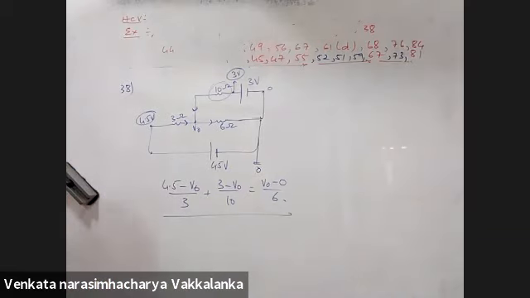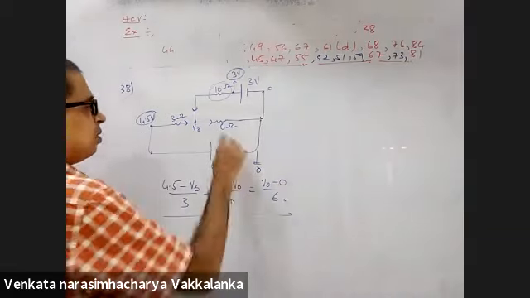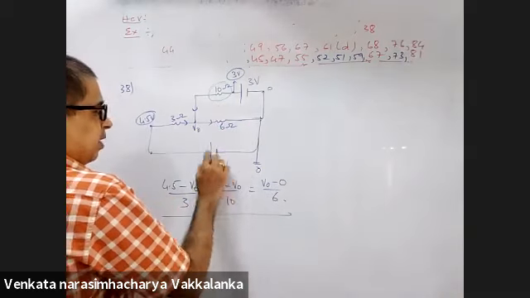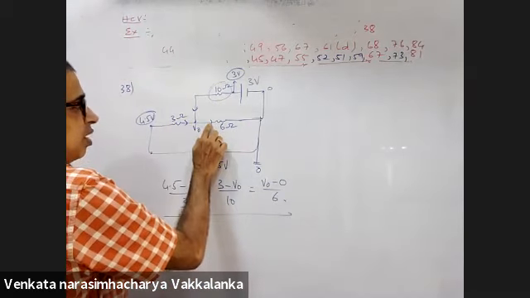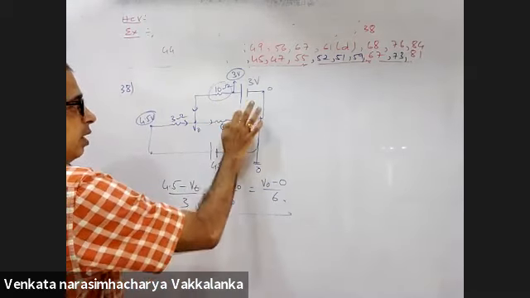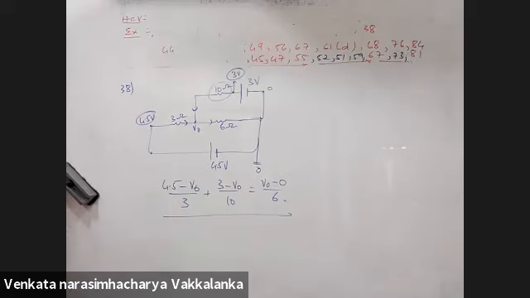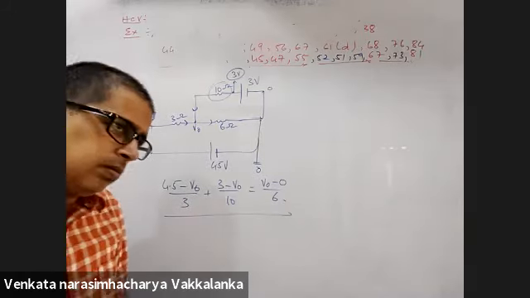If somebody tells me I want to solve using KVL, that is also very easy. Take capital I from here, small I in this, capital I minus small I here. Apply KVL in this loop and this loop, you should get the answer. Solve for V naught and tell me if you're getting the answer or not. Make it fast.